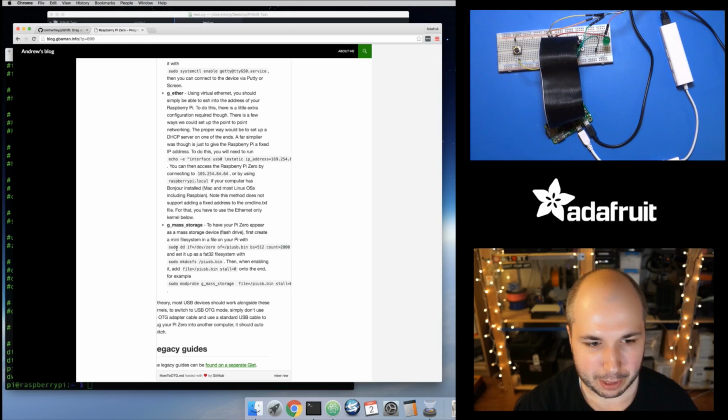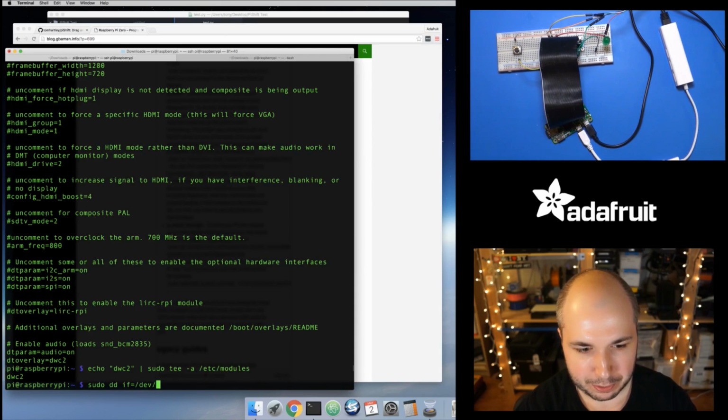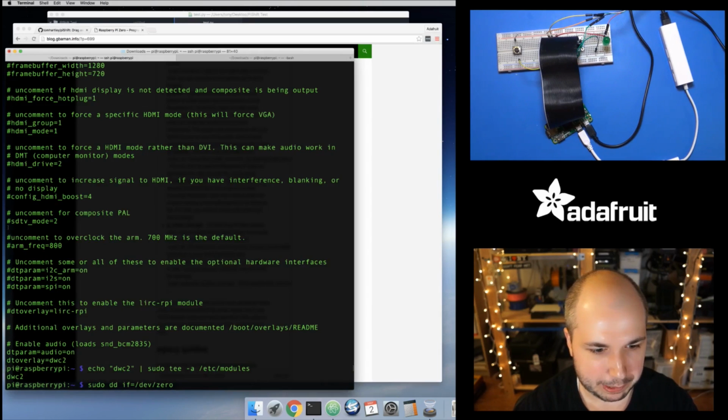So the way I do that, I'm basically going to run their command here. So let's do sudo dd, and the input equals /dev/zero. This is basically just writing all null, all 0 bytes to this file, and the if is the input to the dd command, and of is your output, so it just takes whatever's in the input and copies it to the output. And so the output here I want to create is piusb.bin, so we'll say of equals piusb.bin,